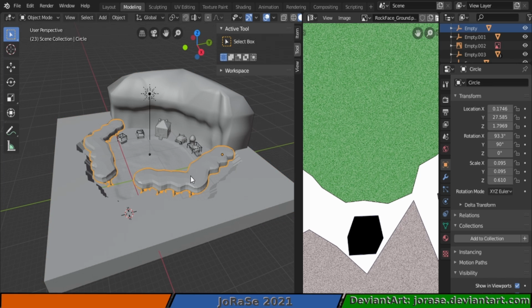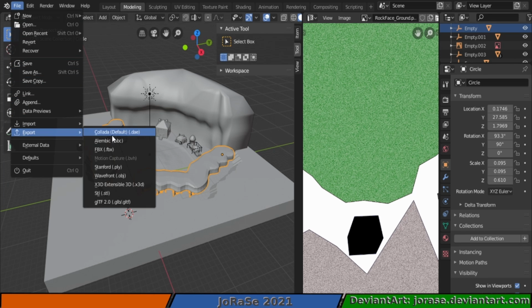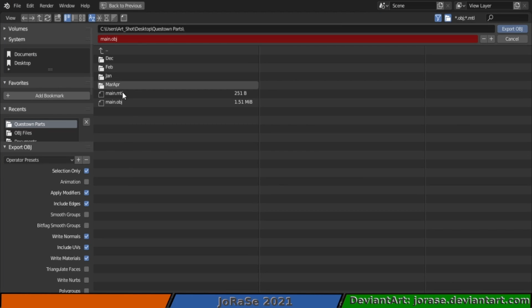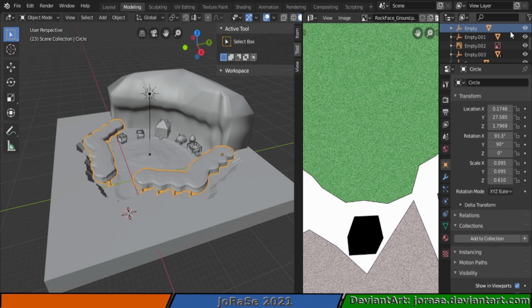Next up, the trees. Do those the same way. File, export, OBJ. Okay, they can be called the same thing. So, name this one main trees. Export. Now that we see that everything's going to be called main, let's switch over to the other program right quick